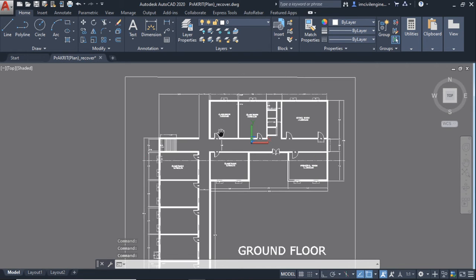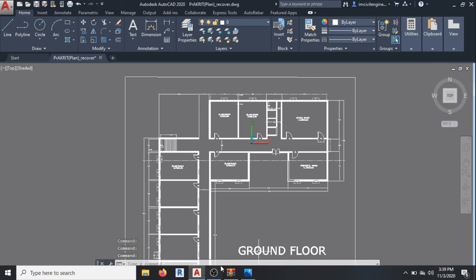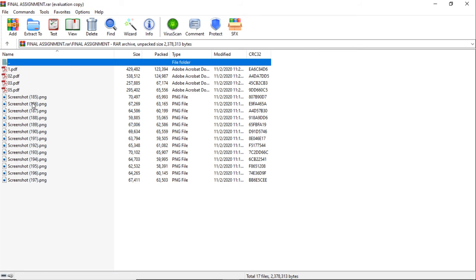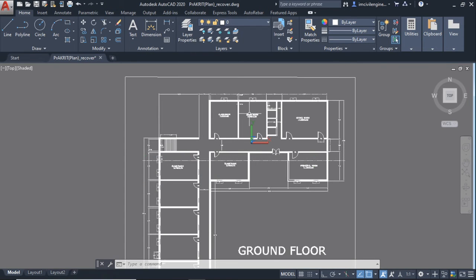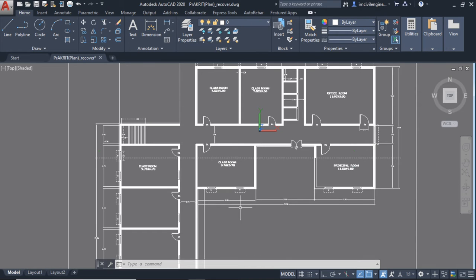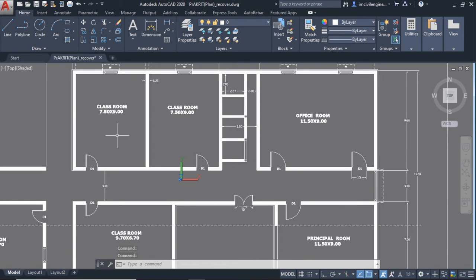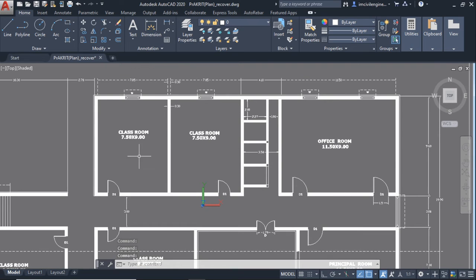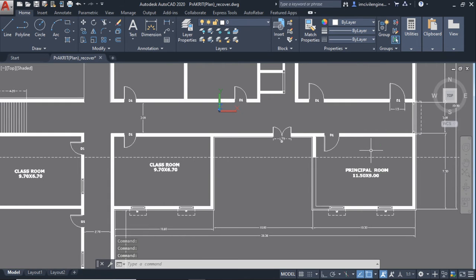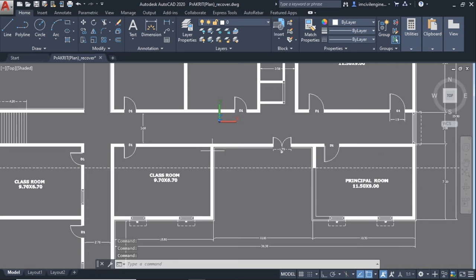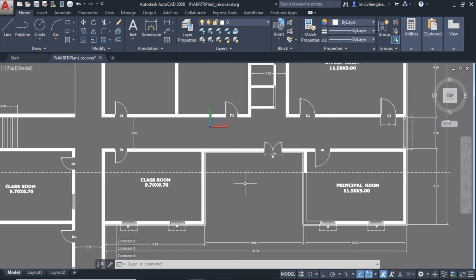And you can see here, it's a plan. You have to draw the plan. I have already taken some screenshots here. You can watch the screenshots and draw the plan carefully. I will explain one more time. This is a plan, considered as a school or college building. It's a ground floor plan. It has classroom 2, office room, classroom 3, and principal room. This is the opening area where you can park two wheelers.